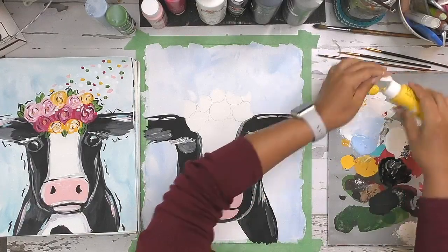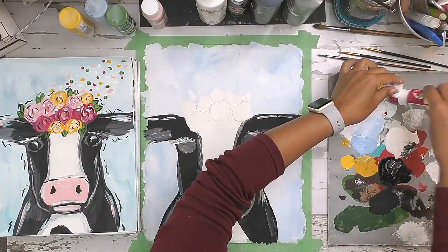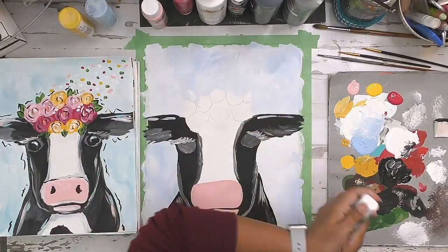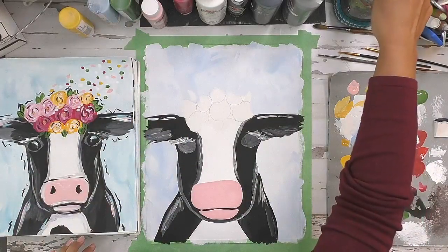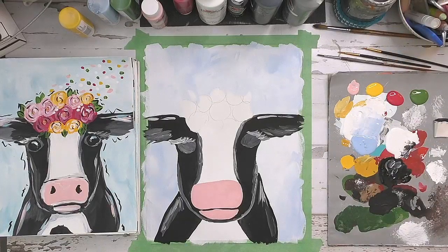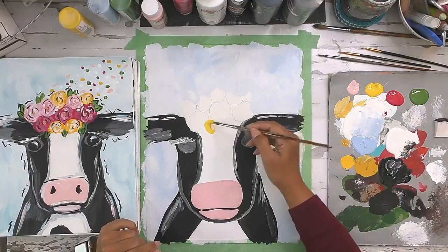So the flowers I'm putting in the crown are yellow, light pink, and then a bright pink. And I'm also using a green for some greenery, some leaves. And I'm going to continue using my medium round. We're going to grab some yellow, and we'll start with yellow. We've got a flower here,